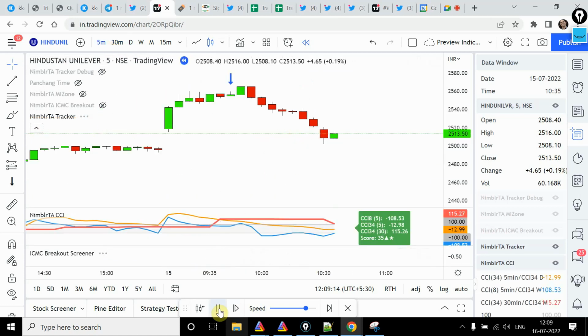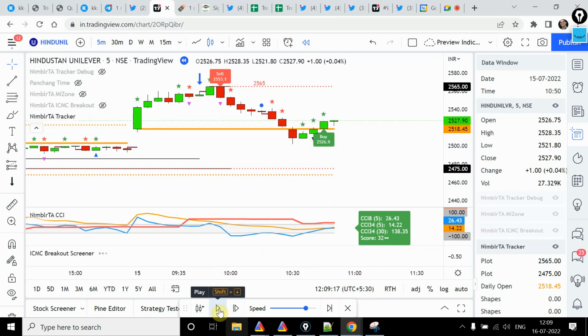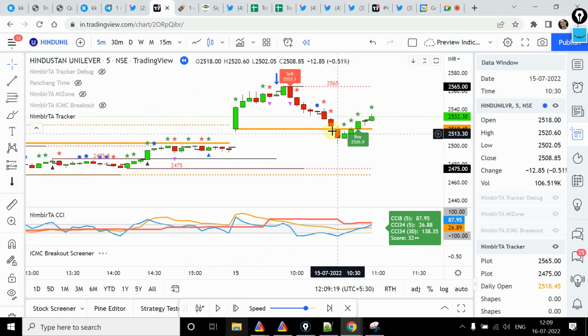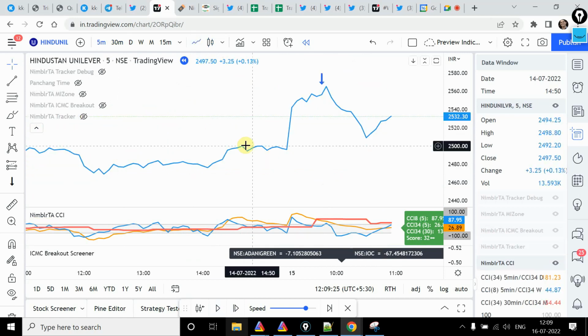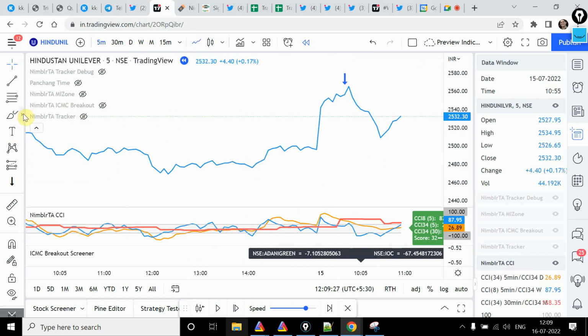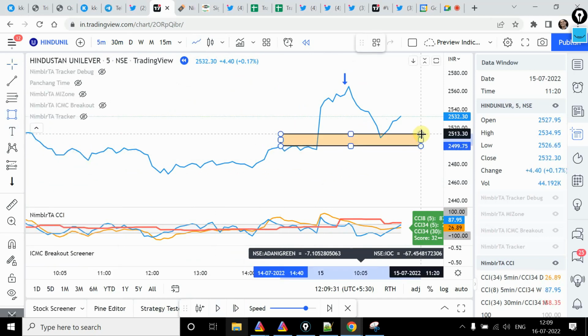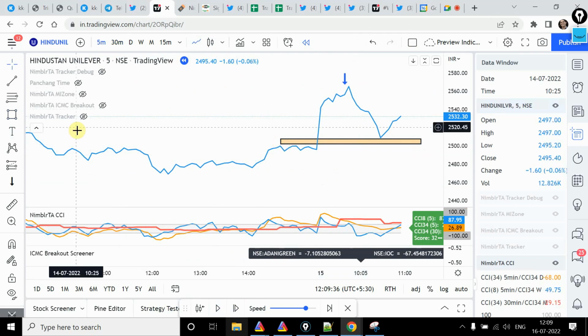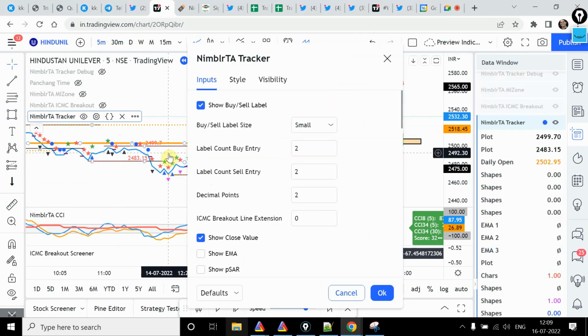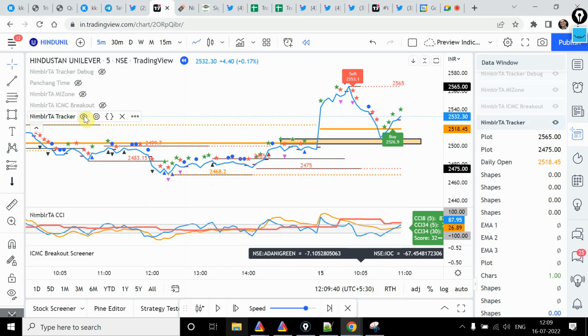So let me take it further over here. It has gone up at this moment, it went below this line, it touched the open line over here, and then it went up. If you see over here, there's a no overlap. If you can just try to see it, there's a no overlap range over here which has actually happened. And if I enable this, you can see it more clearly how it has actually happened,